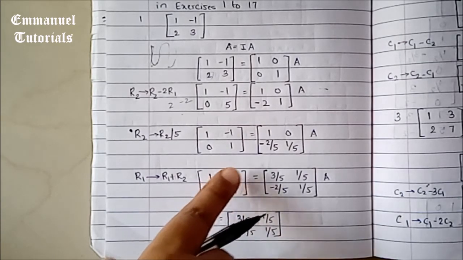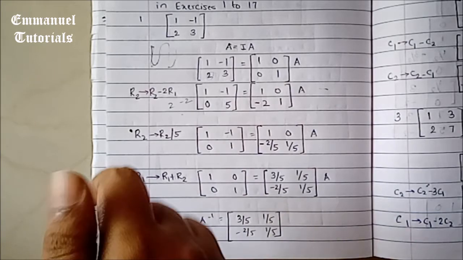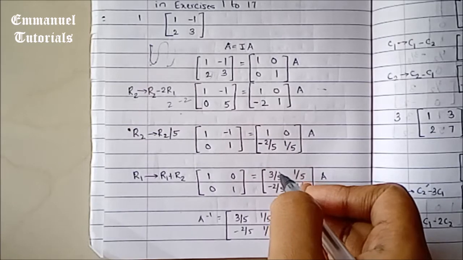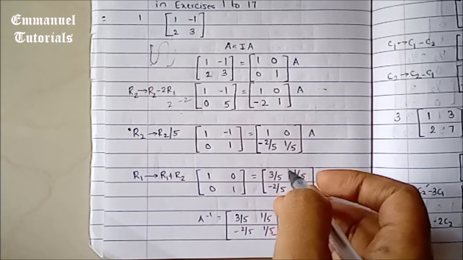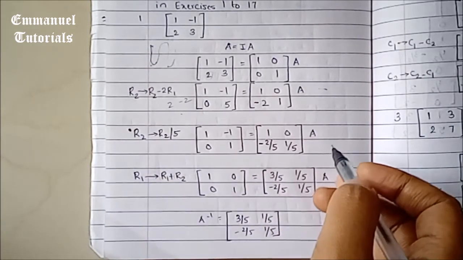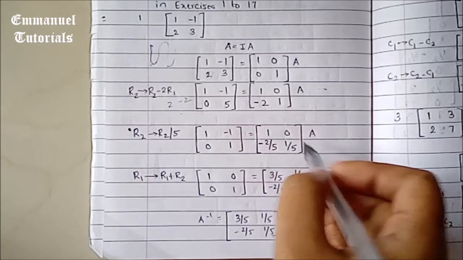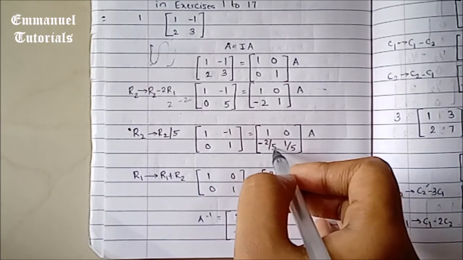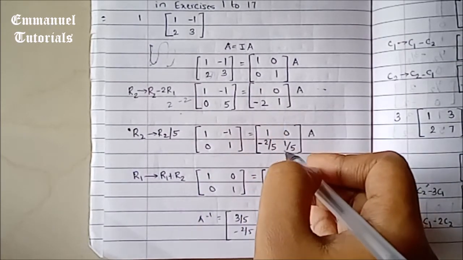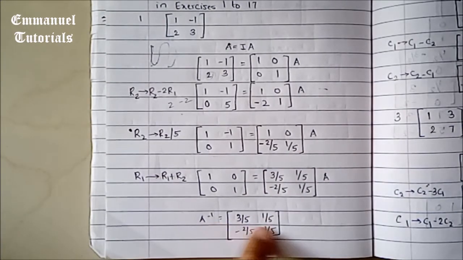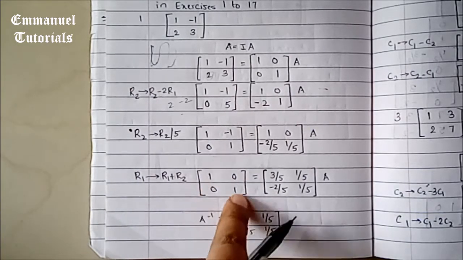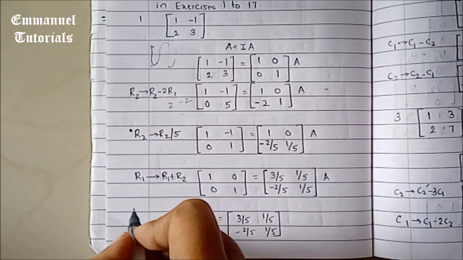So it will be 1 plus 0 is 1, minus 1 plus 1 is 0. So you will get on the RHS 1 minus 2 by 5, which is 5 minus 2 by 5, which will be 3 by 5. And this would be 0 plus 1 by 5, which is 1 by 5. Also in the second transformation, we do see that it is R2 by 5. So this will be minus 2 by 5 and 1 by 5. So the resultant A inverse will be [3 by 5, 1 by 5; minus 2 by 5, 1 by 5], because we have already made the left side an identity matrix. Now also you have to remember one more point.